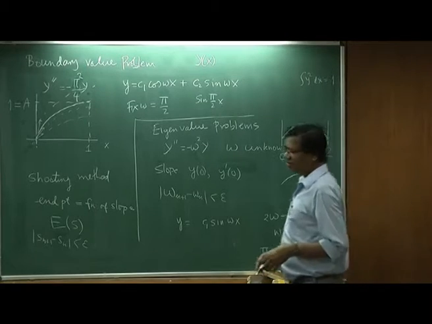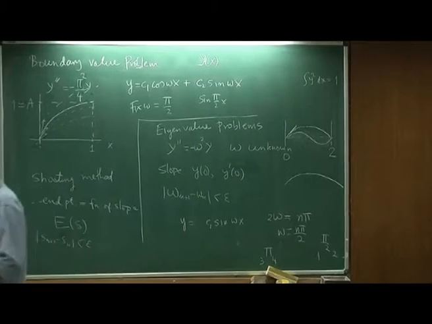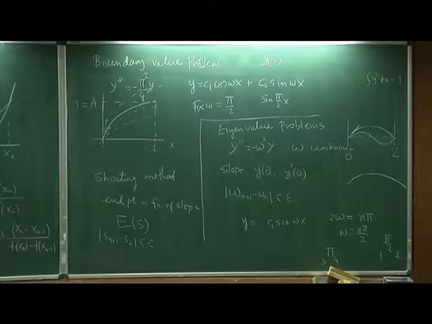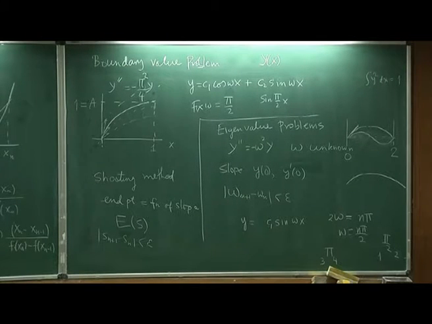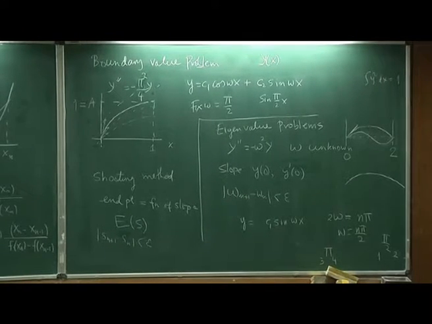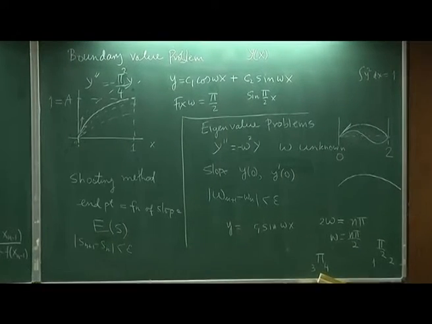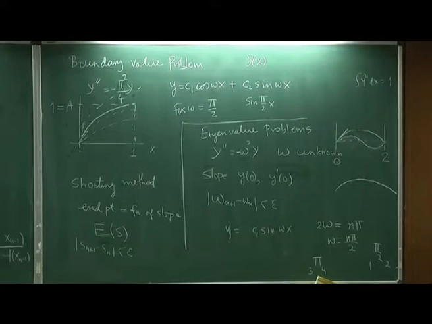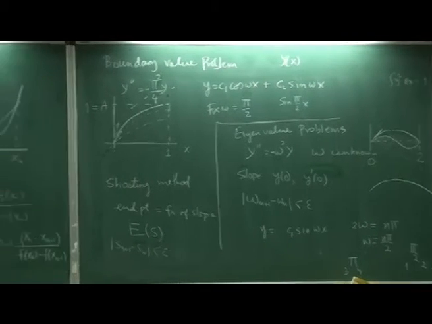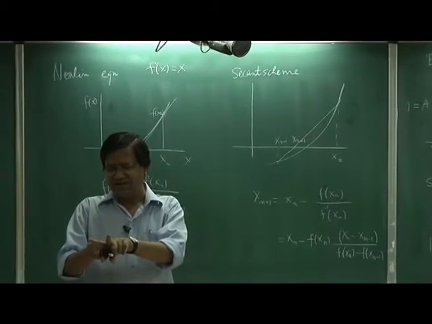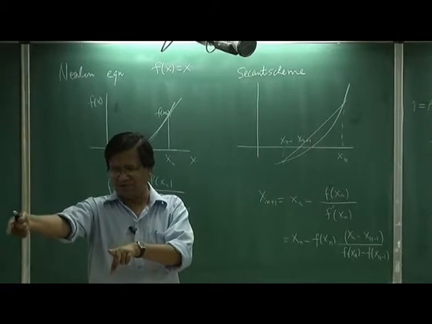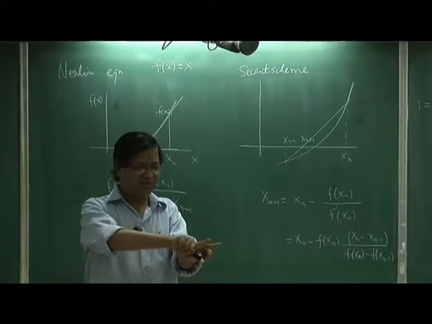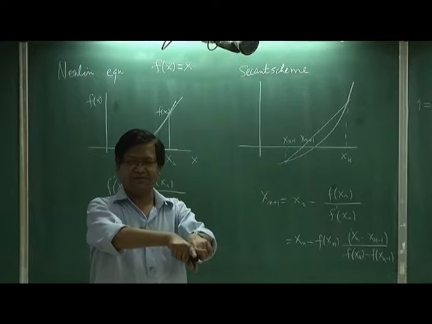Okay. You can get all omegas, you just have to choose your first two values properly. But for this particular problem I know the answer, so I am happily playing around with it. Sometimes you do not know the answer, then you have to do trial and error. But you can only claim that if I start with these 2 omegas, then my answer is the particular answer. But if I start with another set of omegas, then I will get another answer.